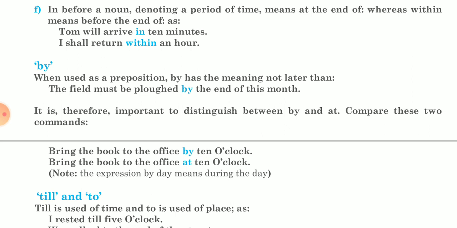Now the use of by. When used as a preposition, by has the meaning not later than. The field must be plowed by the end of this month means not later than the end of this month. It is therefore important to distinguish between by and at. Compare these two commands: bring the book to the office by 10 o'clock, or bring the book to the office